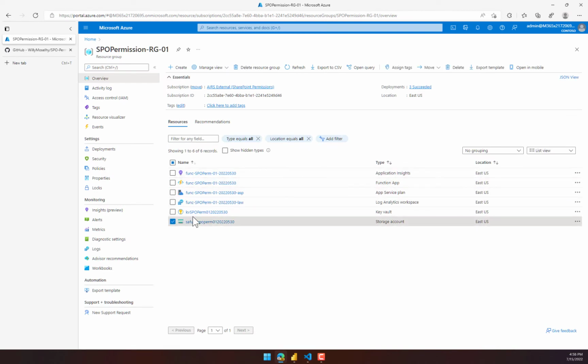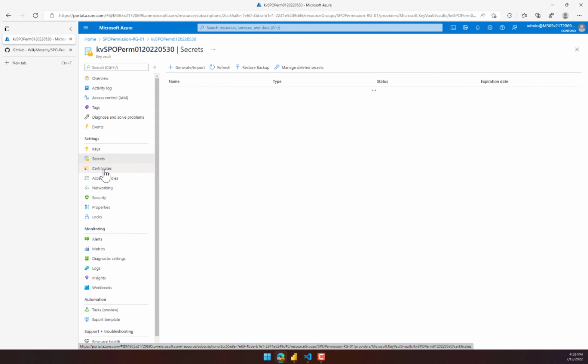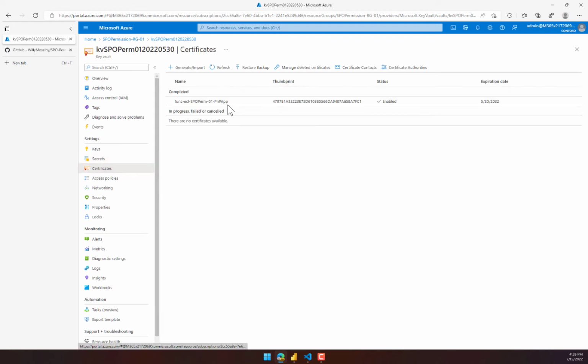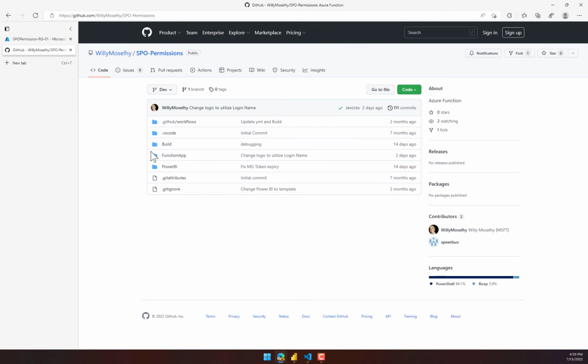And if you go into the Key Vault, you can see that it has one secret that we'll discuss in a little bit. The secret is basically a certificate, sorry. It has one certificate that we are using to scan because we are using PnP as an application, which requires a certificate to run. How do we build this